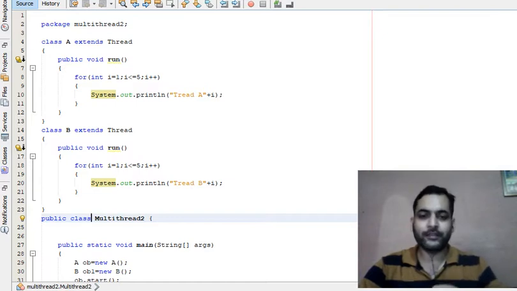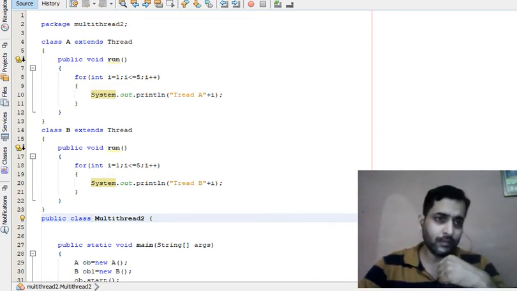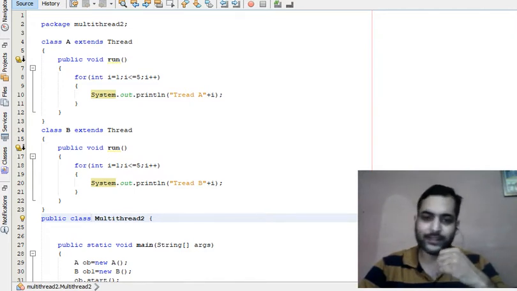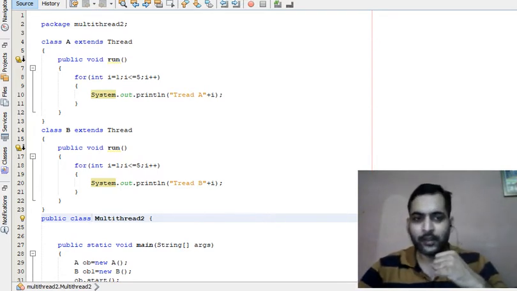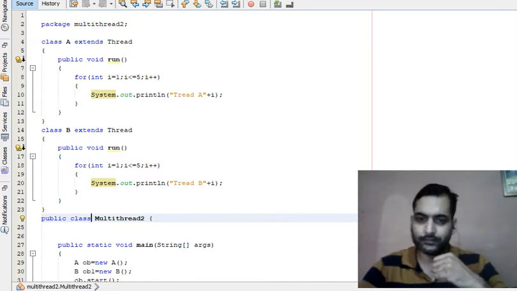In the last video, we started multi-threading programming. We discussed the difference among program, process and thread. A program is a set of instructions and it is a passive entity, and when we run that program, it becomes a process. That means a process is a program in execution and a thread is a sub process. We can have n number of threads within a process, and all the threads share the resources allocated to their parent process.